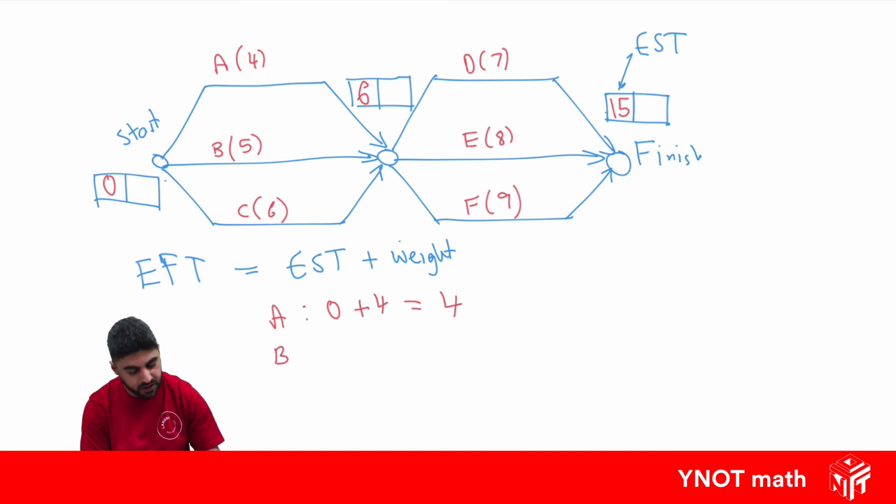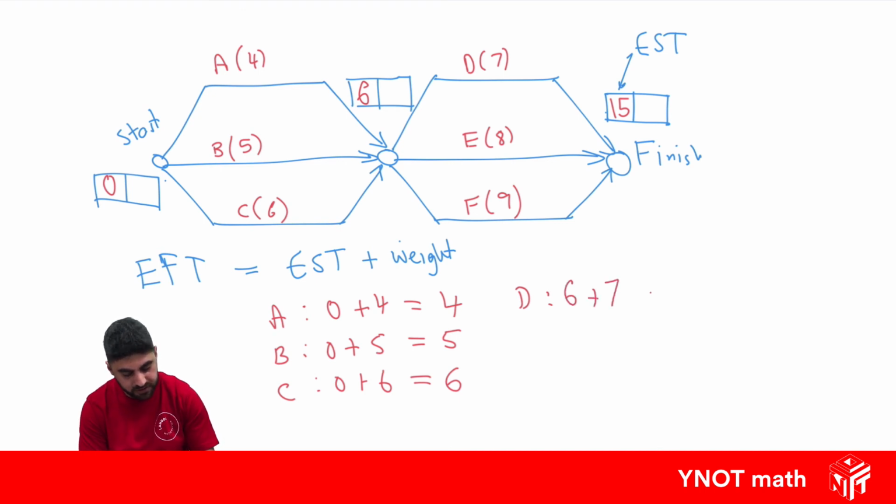The earliest finishing time for B is 0 plus its own weight, which is going to be 5. So the earliest I could finish B is within the first 5 minutes. And for C, it's also 0 plus 6. And we get 6 minutes is the earliest finishing time for that activity. Now for D, it's the earliest start time of the vertex before it, which is 6, plus its own weight of 7, to give us